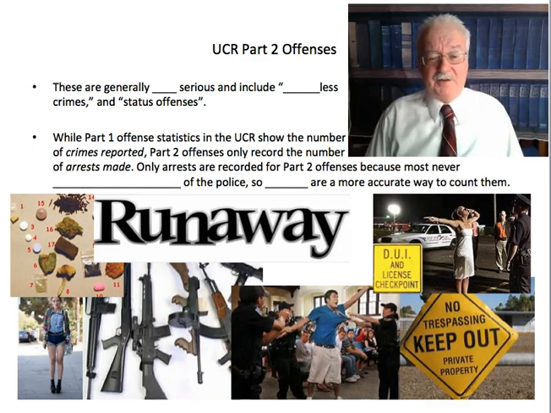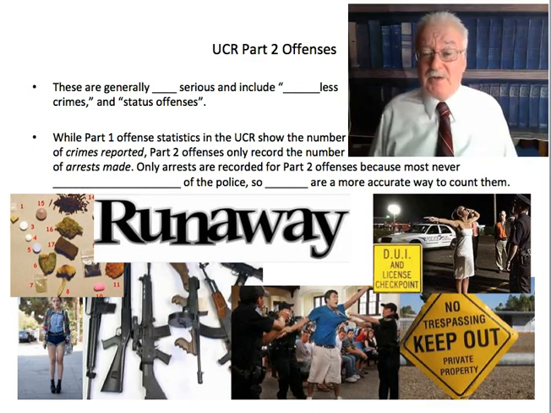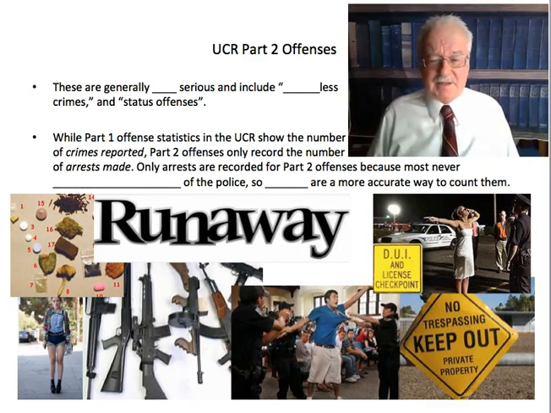The Part 2 offenses also include the status offenses. A status offense is when you do an illegal act that would be legal for most people, but because of your status, you can't do it. The most obvious is underage drinking or underage cigarette smoking. Also running away from home. If you're an adult, you can run away and never come back, but you can't if you're a child. And again, the same is true of drinking alcohol and smoking cigarettes. We call those status offenses.